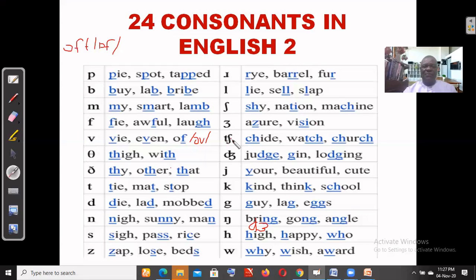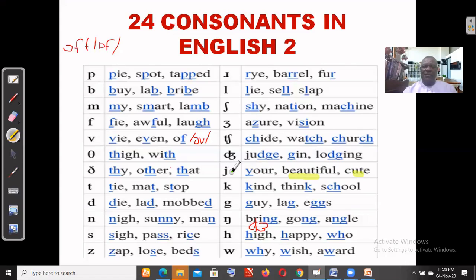Then the chi sound is represented by CH in child and by TCH in watch, CH in church. Then we have the G sound represented by DGE in judge, by G in gene, and by DG in lodging. The sound J is represented by Y in your, and by the letters E, A, U in beautiful, and by U in cute. Now, what you notice here is that the sound U, which you have in beautiful and in cute,